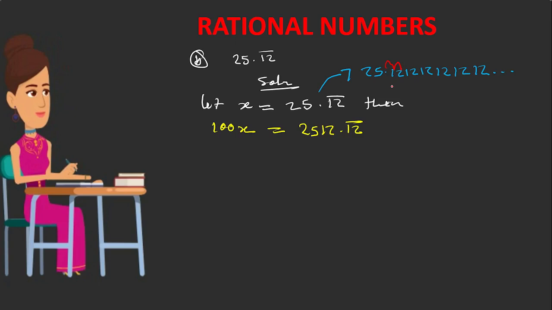You subtract x is equal to 25.12 bar for us to get rid of the decimal points there. So when you work out that, this will be 99x. 99x is simply equal to, when you subtract there, this will give you